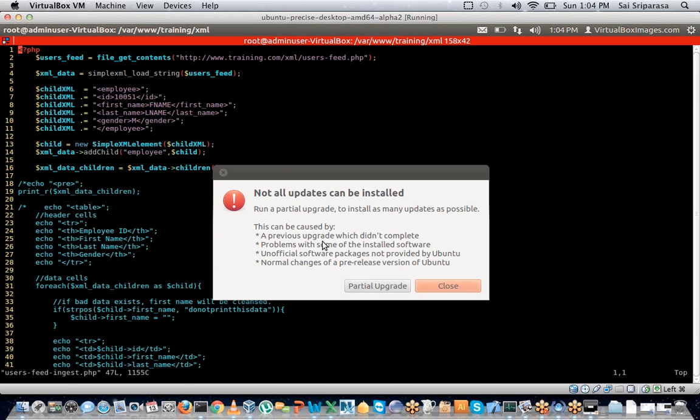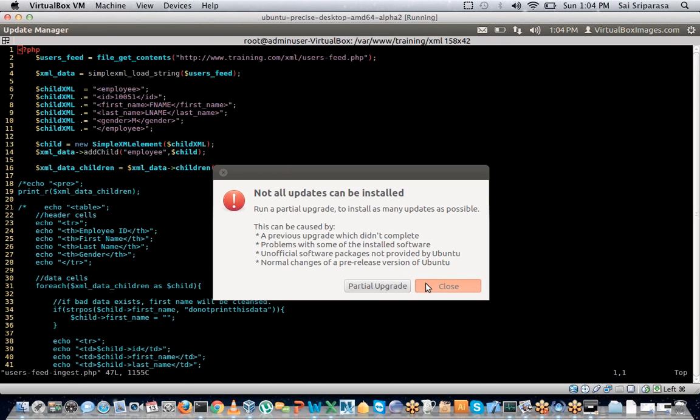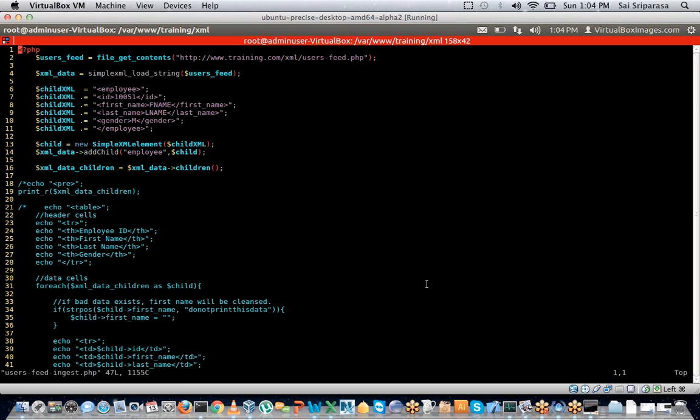Okay, but this did not happen. The reason for that is there is a limitation of what we can add over to a simple XML element, and that can only be a string, and that string has to be single dimensional, or rather the child has to be single dimensional, and it shouldn't have multi-dimensional children. Okay, so